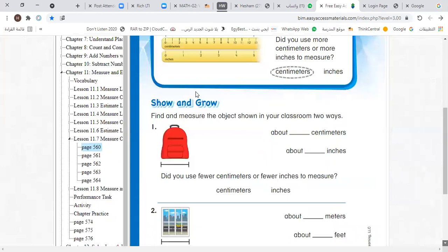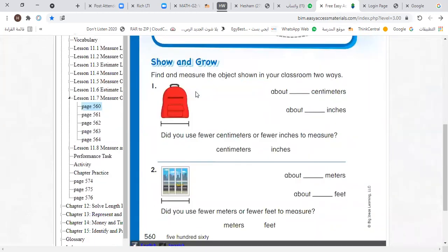Find and measure the object shown in your classroom in two ways. We want to measure a real object. If we have a real bag, you can measure your bag, okay? Your bag is about how many centimeters and how many inches? If you measure your bag and you found it's about 40 centimeters and 16 inches,